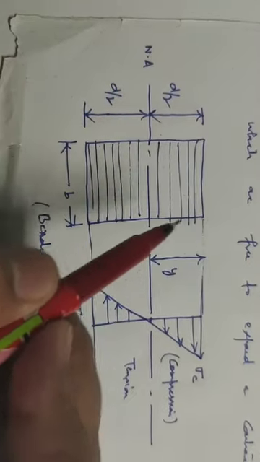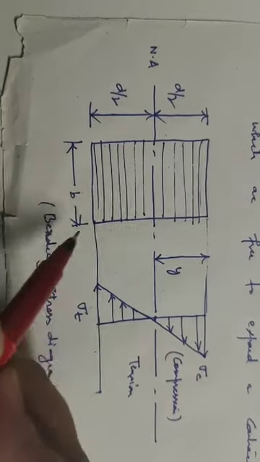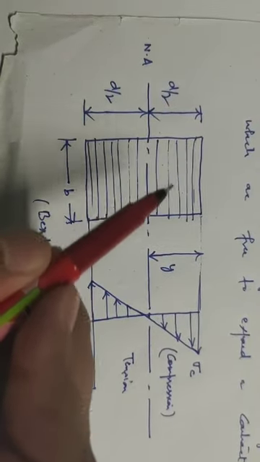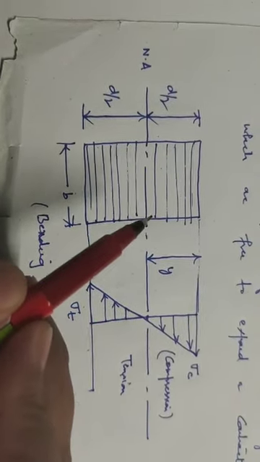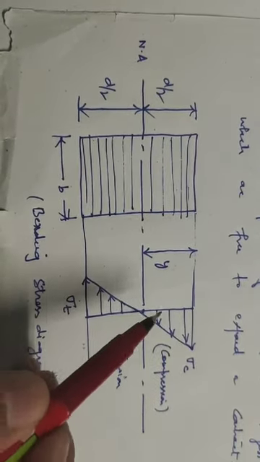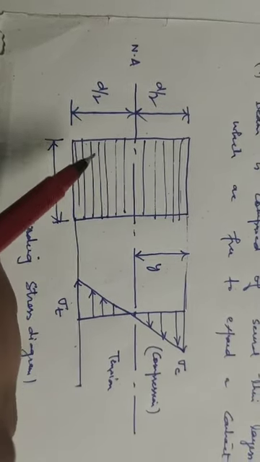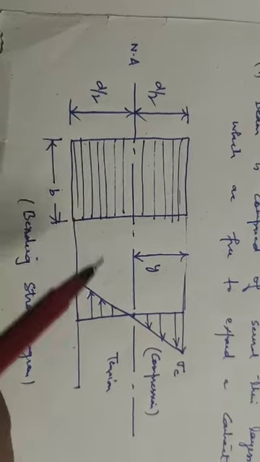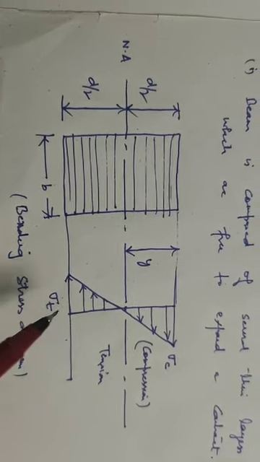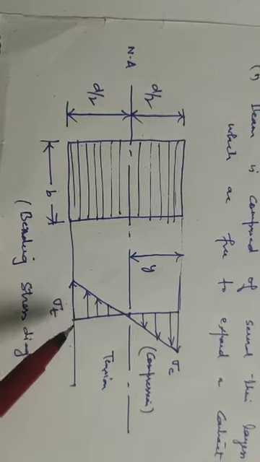So this is the cross section area of a beam. Its width is B and its depth is D. So we will say all the upper fibers, due to the point load in the simply supported beam, will be shortened, and hence the stress in this beam will be your compressive stress. And all the lower fibers of the beam will be elongated, and hence the tensile stress in the beam will be your sigma T. The upper fiber will be in compression and the lower fiber will be in tension.